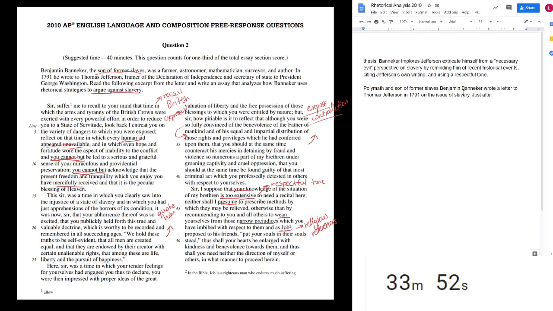Just after the birth of the United States of America, just after the Revolutionary War and the ratification of the Constitution,